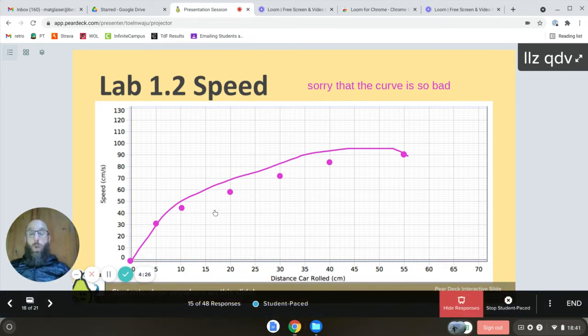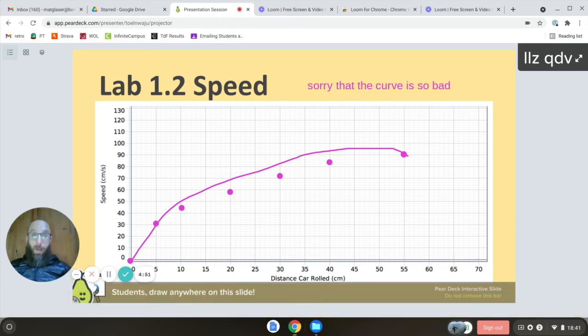So what you should notice with this shape is that in the initial part here, the speed increases very quickly. And the speed keeps increasing as the car rolls down the ramp. Eventually, though, what you should see is that the graph starts to flatten out. And what I want you to think about is a couple things. In a real life environment, if you're rolling a car down a track and you expand that track to an